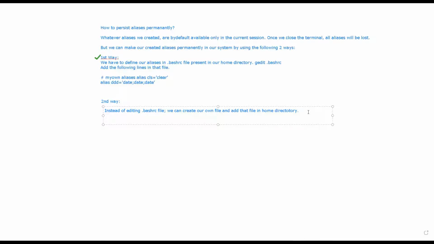Let's say I am creating some file. I'm saying bash_aliases, and in that I'm saying alias. Now I want to create the aliases for a calendar command. I want three calendar commands. So I can say cal.